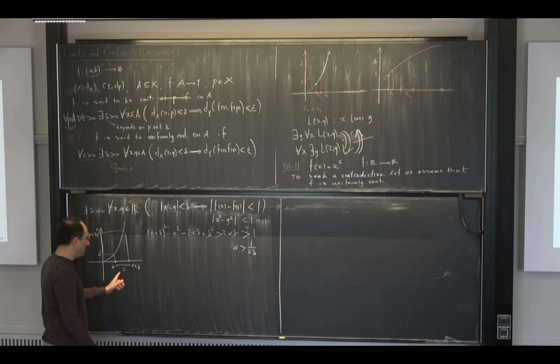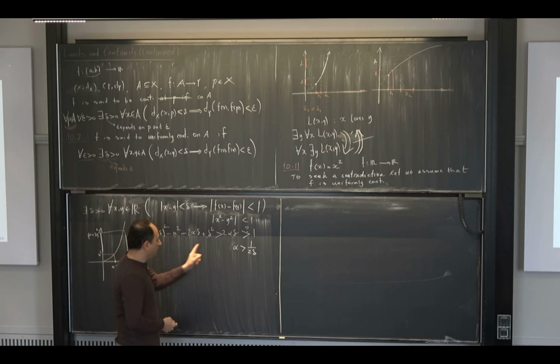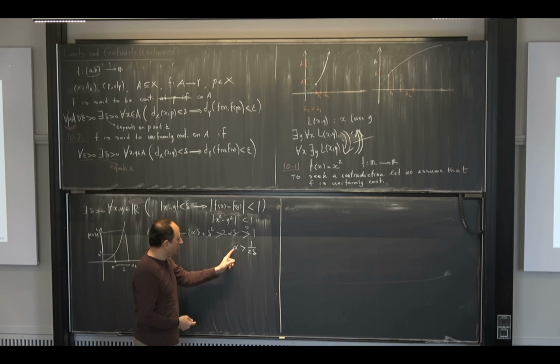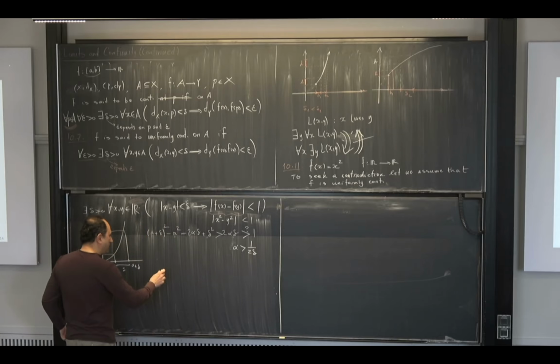So I want to make this one greater than 1, so I divide it by 2 delta, because delta is given to me. I am looking for the appropriate alpha. Okay, so I divide by 2 delta, and I get alpha should be greater than 1 over 2 delta. Okay, so which one do you choose? For example, I would say that